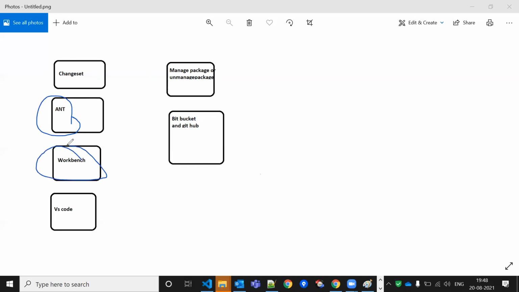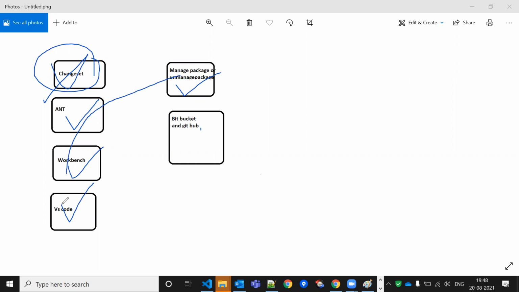So in case of Workbench, how can we do it? Let's take one example of deployment for real time. One more thing: what is real time and where can you practice? Here you cannot practice because this is real time only, because you don't have any sandbox, you have a developer org only. This functionality is not available in developer org, but this is available, and this is also available. This is also real time, means sandbox only. All are functionalities where we can learn from our side.